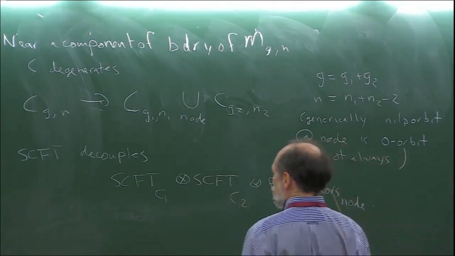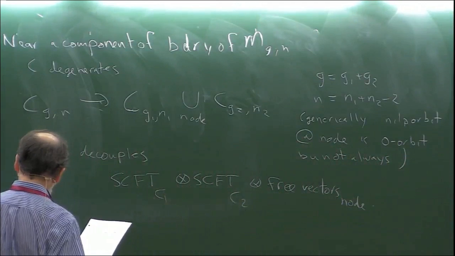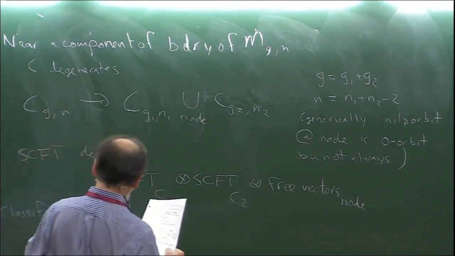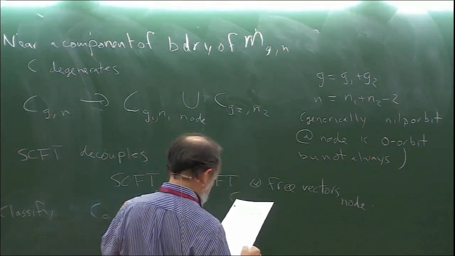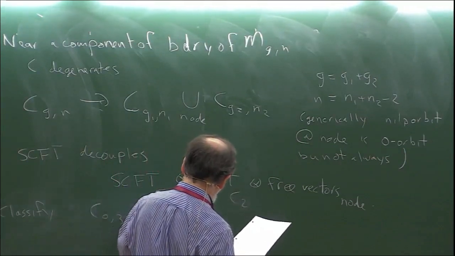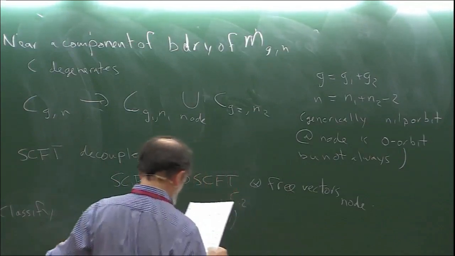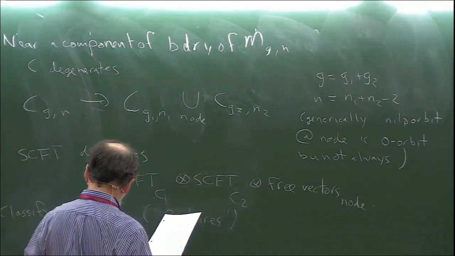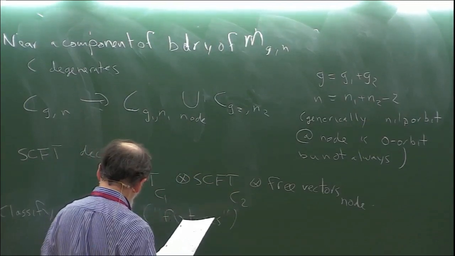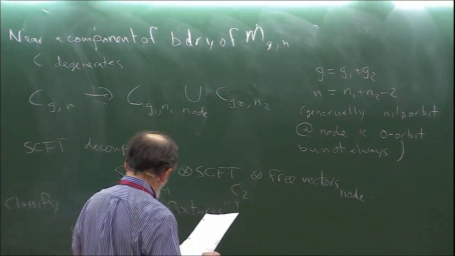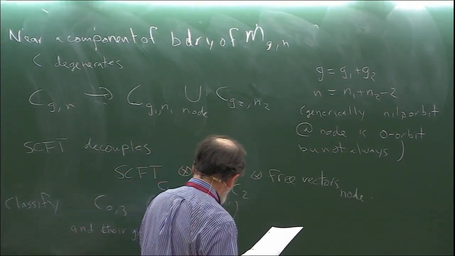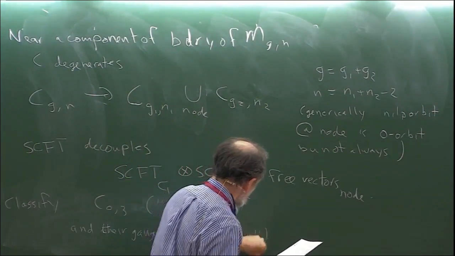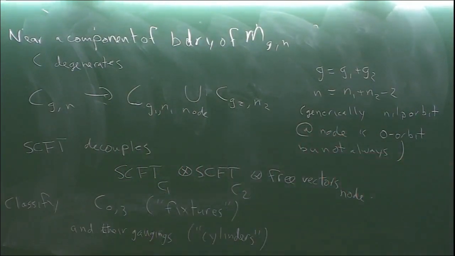And to classify such theories, what we need to do is understand what superconformal field theory we should attach to the three-punctured sphere, and how they can be gauged. And then you can take these ingredients and put them together in an arbitrarily complicated way,